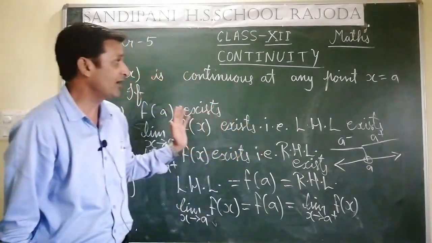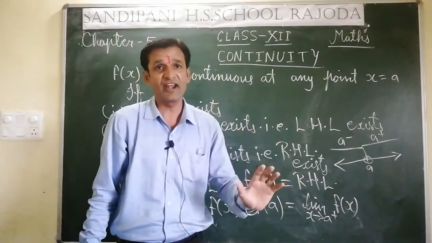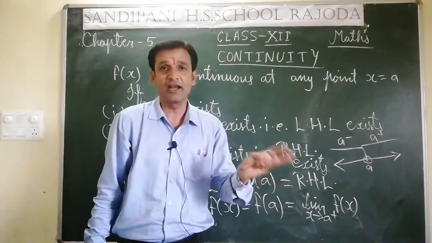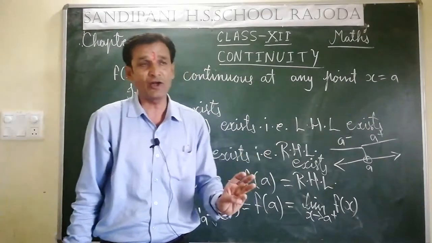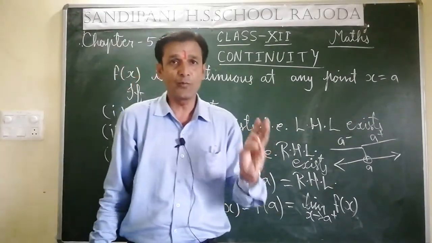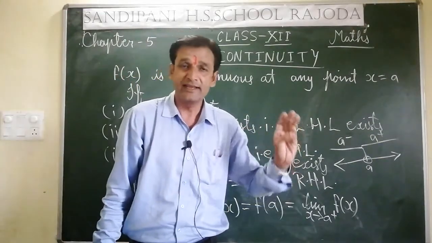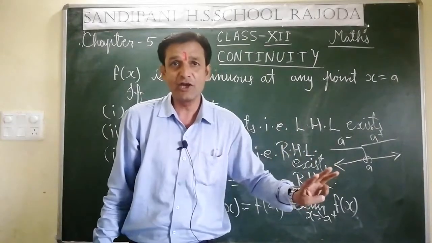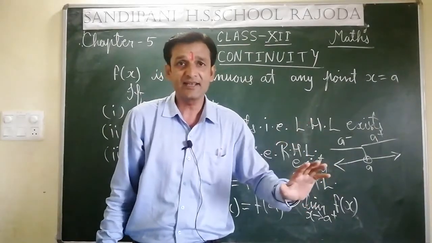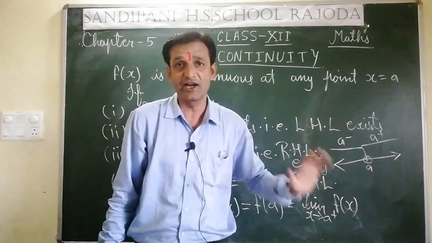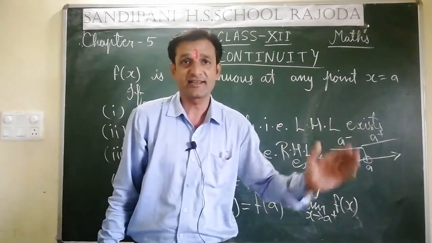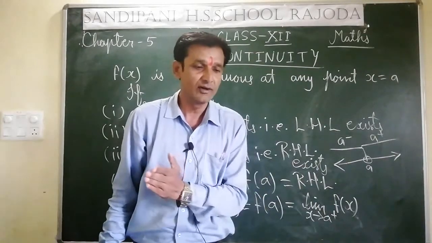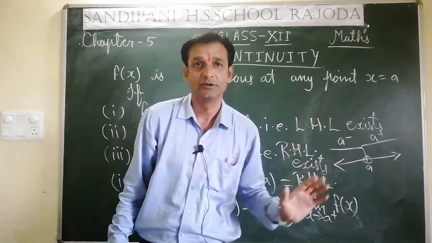So in this manner we will have to solve each and every question. We will have to find out the left hand limit of a function, then we have to find the right hand limit of the function, and we have to put the value x is equal to a in that function. If all these values are equal, in that case we can say that this function is continuous. So in this manner we have to proceed in our total first exercise. In this way we can solve continuity throughout. It is over.